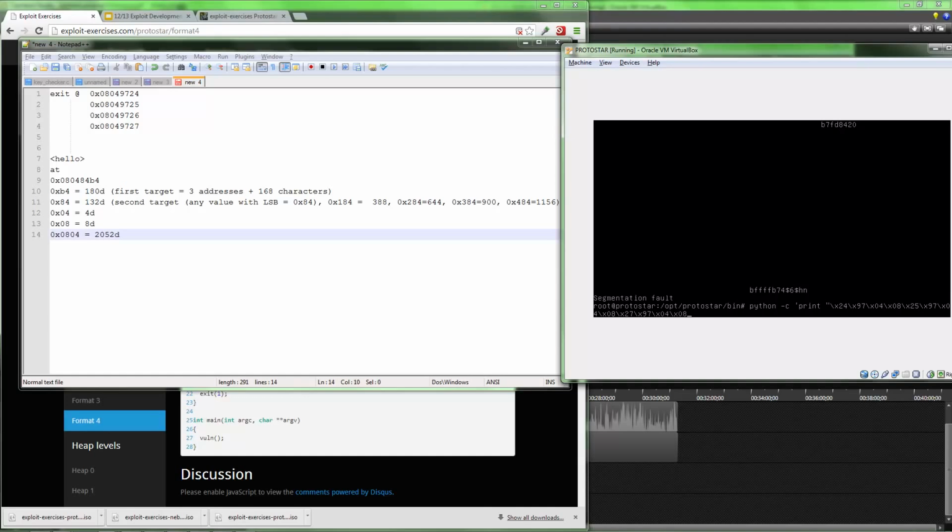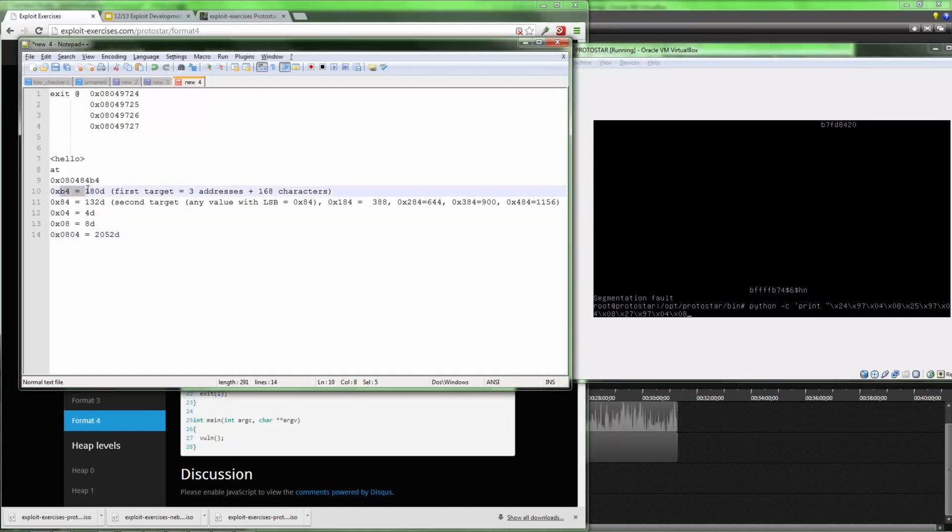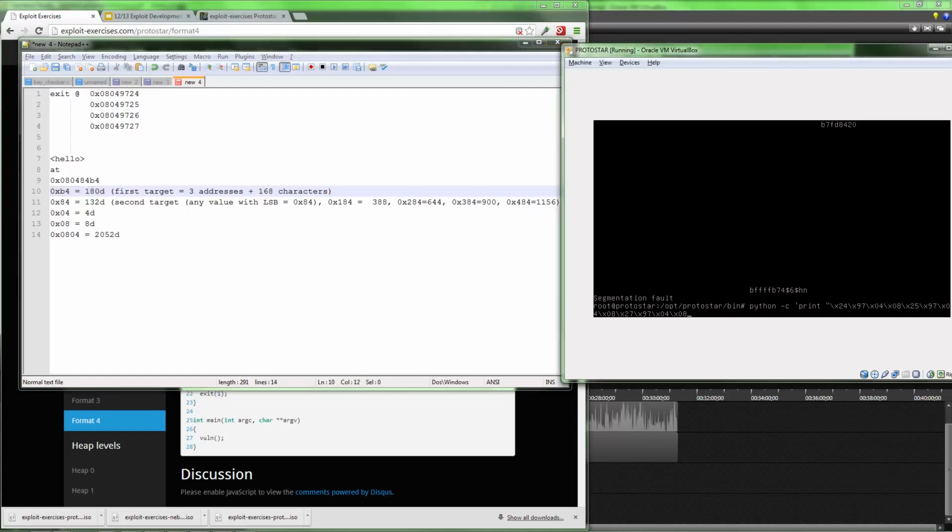And now is where we begin expanding things. So far, we have written 3 addresses. Each one of these takes up a character, takes up a byte. So addresses are 4 bytes long, times 3 is 12. So the first one we have to write is 180. So 180 minus 12 is 168. So percent 168 hex, and then